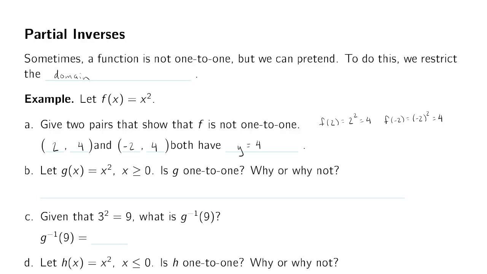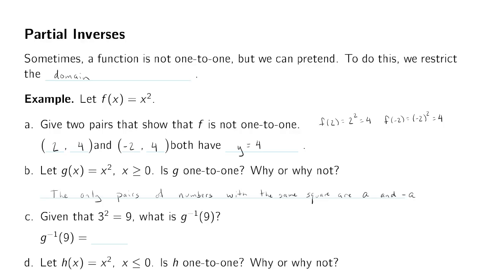So what can we do about it? Well, in order to get those pairs, we had to pick a positive value of x and its opposite, which is a negative value of x. So if we restrict our domain to only positive numbers, well, do we get something one-to-one? Yeah, we do. This is one-to-one because